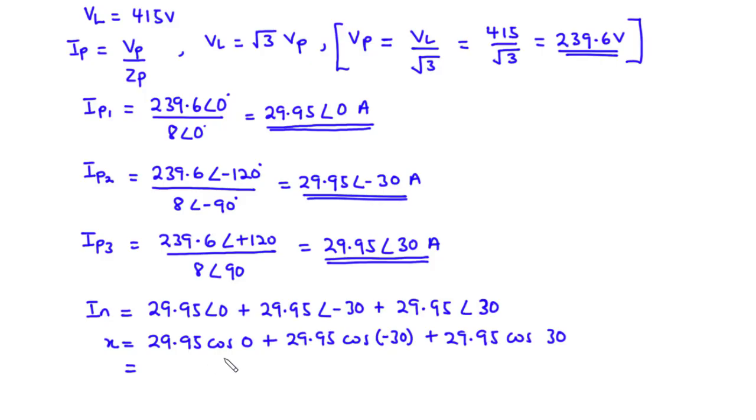So 29.95 cos 0 is the same as 29.95, and then 29.95 cos negative 30 is 25.94, and then we also have 29.95 cos 30, that also gives 25.94. Now adding all these three values, we are going to get